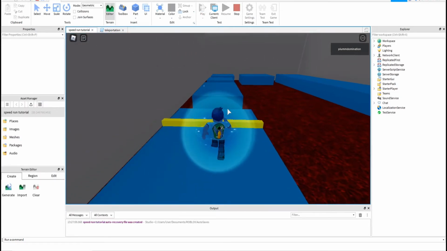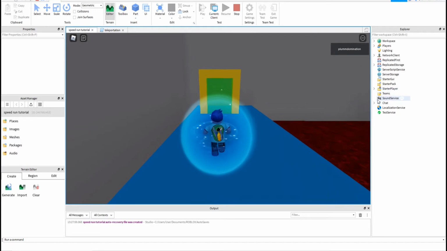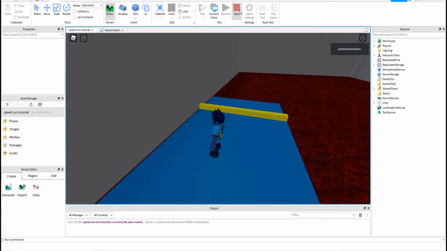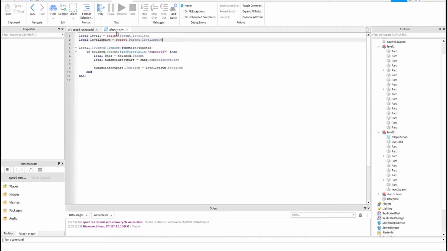Yeah, I forgot about this, but basically the reason that it needs to be in the same group, yeah, there we go, is because what this will do is it will check everything in the same group as it, which is why you can't have it in the block, because it will look at everything else within that block, and as that was the only thing within the block, it can't look for that. Whereas on this script, it's looking for the level 1 end, which is there, and the level 2 spawn, which is there, and then it's using those two which are in the same group. If it's in a separate group or in a different block, it can't find it, so it won't be able to run the